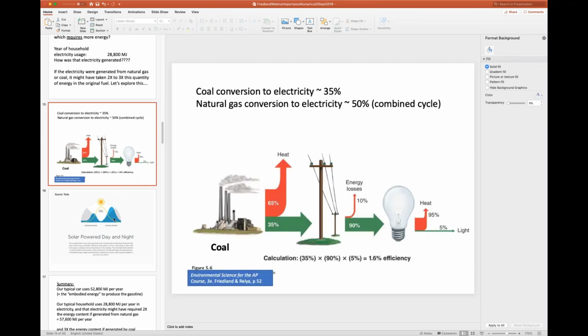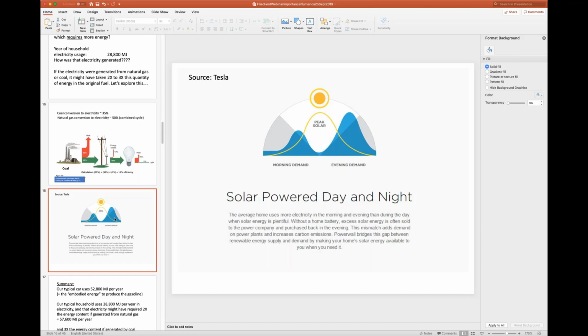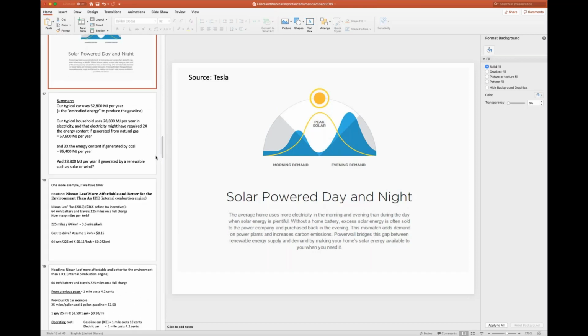And you may be saying, but wait a minute, what if your house is powered by solar or wind? And that's true, depending on the time of day. And here's a nice diagram from Tesla showing that if you were going directly from some photovoltaic panels to your house, and it was during the day and you weren't relying on any kind of storage, you might say that, yes, in that case, your house does need that much electricity, and a car requires more energy to power it